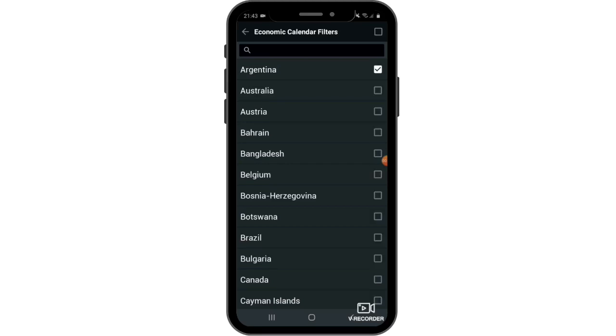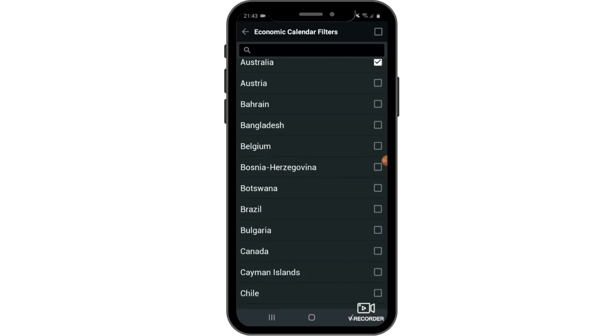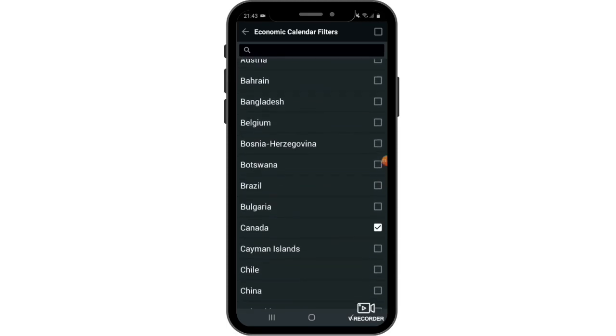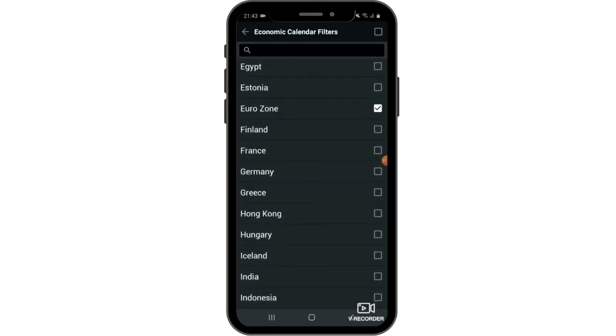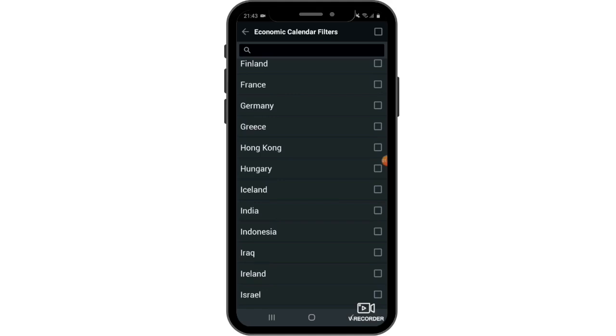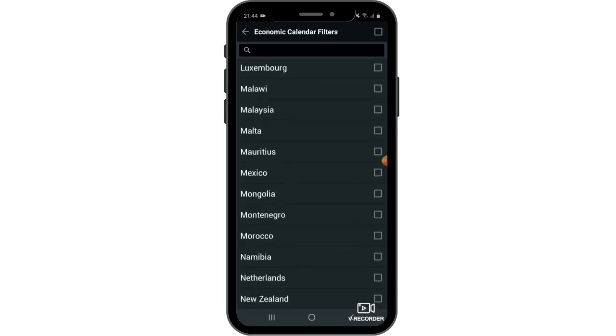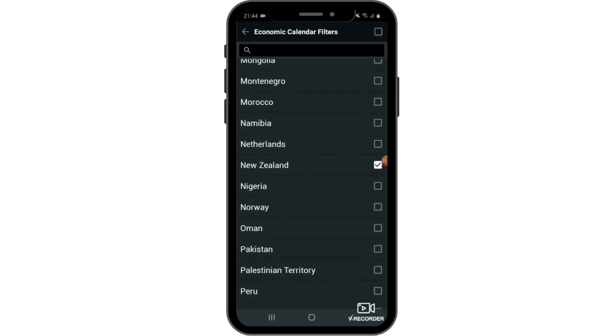I'm just going to untick and customize to have Australia. I'm telling you to add this because there are some events you might be interested in, and I might share a video later on how to trade other news. So you have Australia, Canada, the Eurozone. If I'm flowing too fast, you can just slow down this video, guys. I just want this video to be as short as possible. Then we have New Zealand,